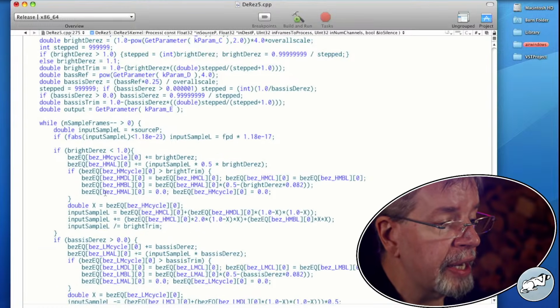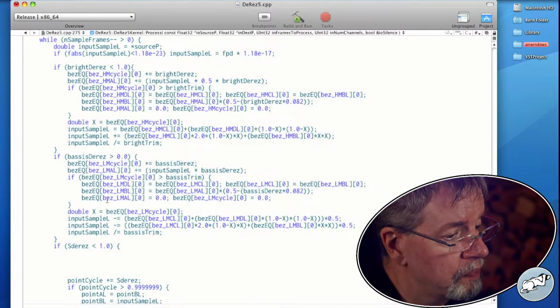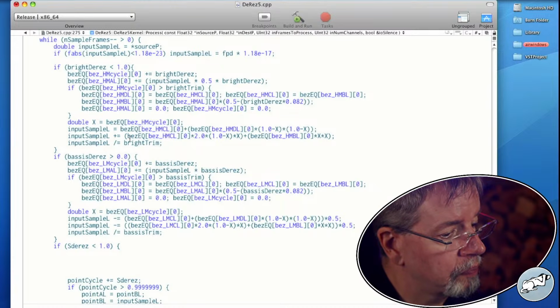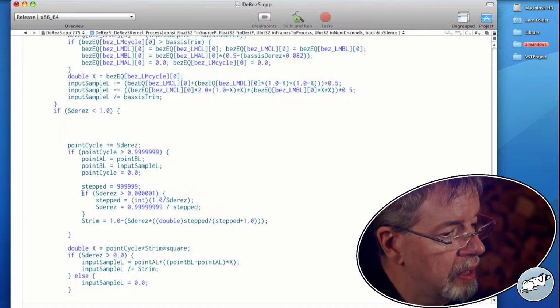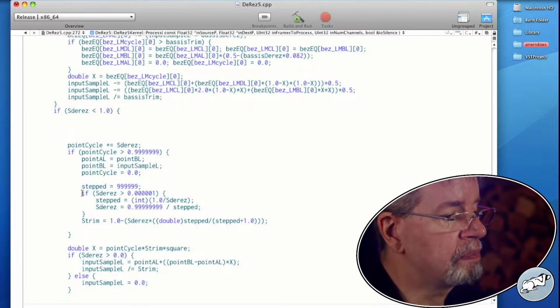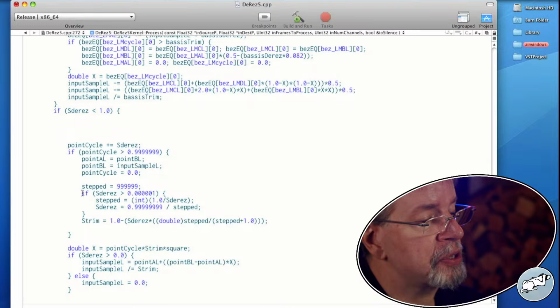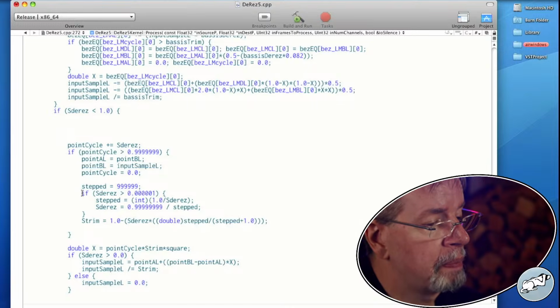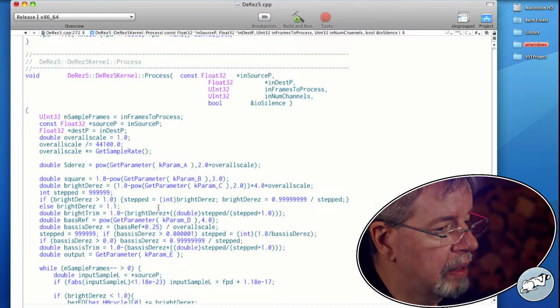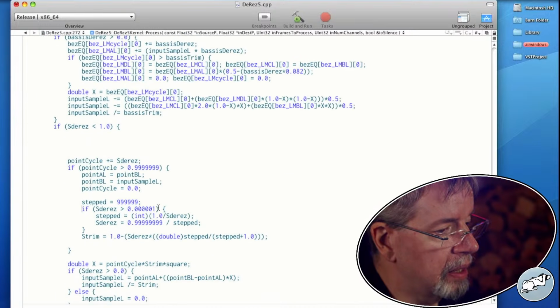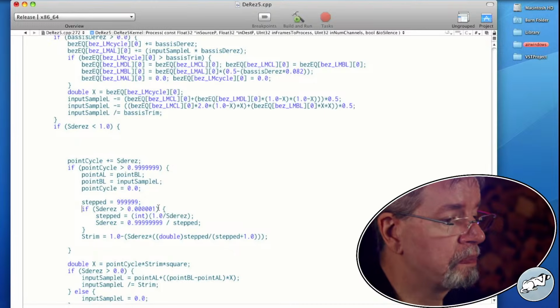And we're kind of rounding it out. And, oh, I bet maybe it's doing that so that I could define stepped. It's being confusing.